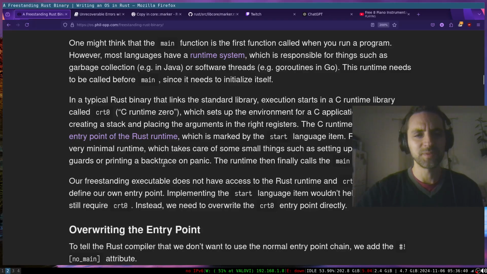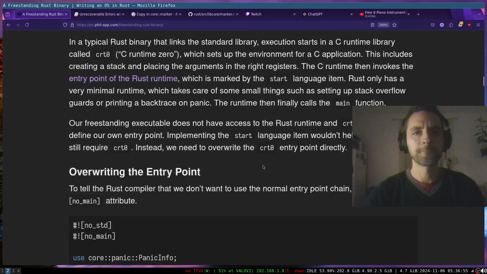Rust only has a very minimal runtime which takes care of some small things such as setting up stack overflow guards or printing a backtrace on panic. The runtime then finally calls the main function. So there is a C runtime library in Rust. Our freestanding executable does not have access to the Rust runtime and crt0, so we need to define